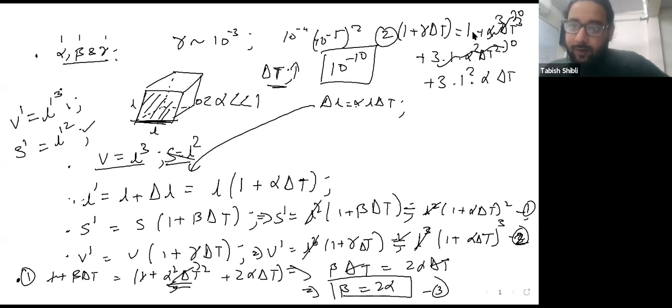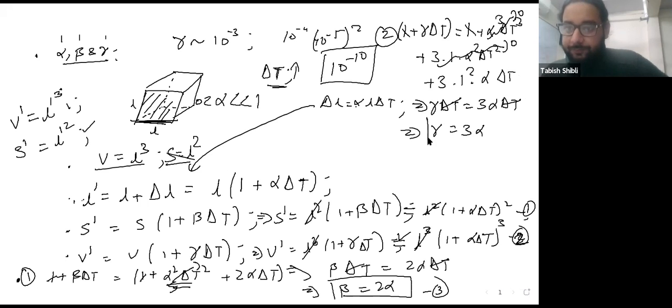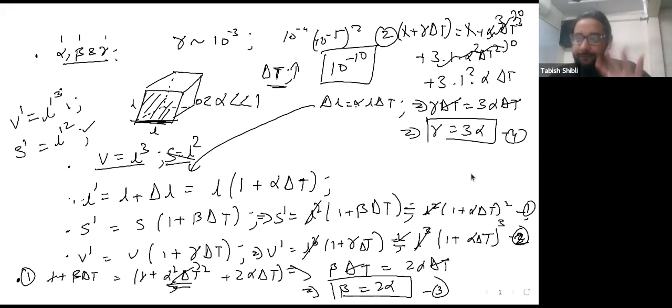What is remaining? You have 1 plus 3 alpha t on the right hand side and 1 plus gamma delta t on the left hand side. You can cancel out the ones. So what is remaining? You have gamma delta t is equal to 3 alpha delta t. This implies you can cancel out the delta t's. You have gamma is equal to 3 alpha. This is equation 4. So now from 3 and 4, we have found out all the interrelations between alpha, beta